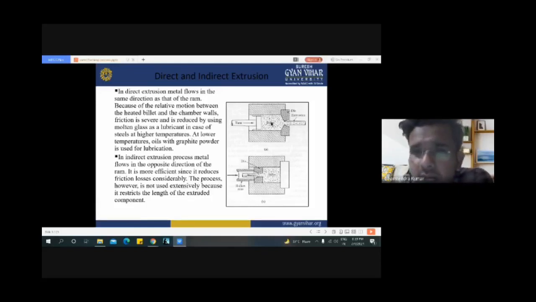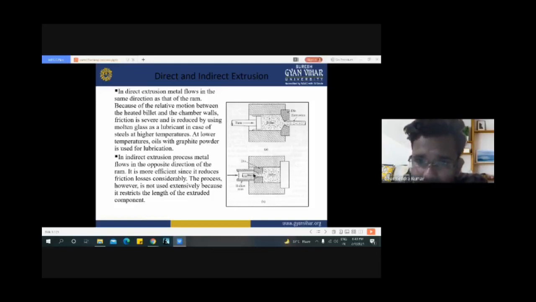Here this one represents direct extrusion, and this one is indirect extrusion. The main difference between direct extrusion and indirect extrusion is the direction of flow of the material. We can see that in direct extrusion, the ram is applying force in the direction of output of our desired shape. But in indirect extrusion, we can see that the ram is pulling in the opposite direction of obtaining the diameter of the workpiece,